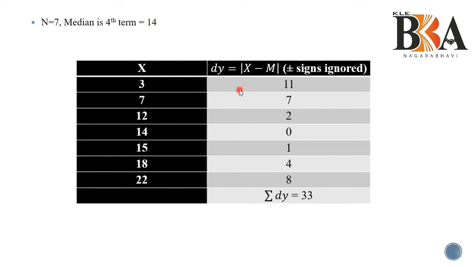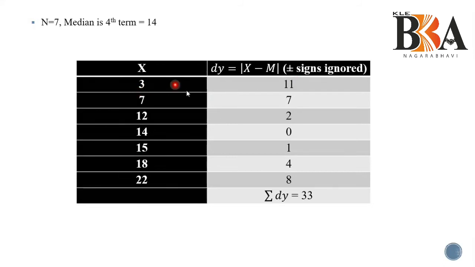So dy has to be used, because when you have taken the mean as dx, you cannot write dx again as another thing. So dy will become here, dy equals x minus m. Why have we taken x minus m? Because here we are solving with the median, that is why we have taken m. Here also the same procedure: the plus or minus sign should be disqualified. I should not take that one.